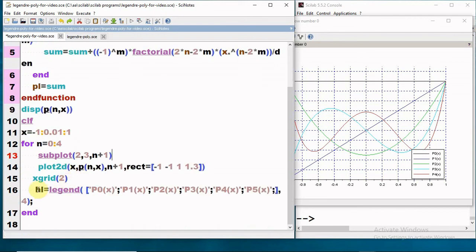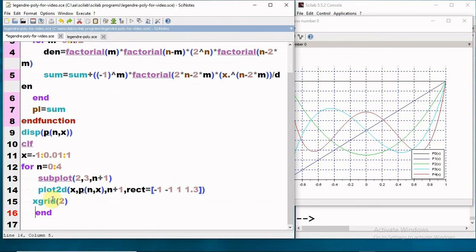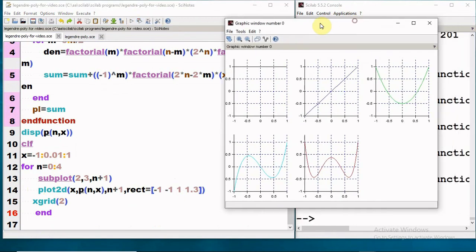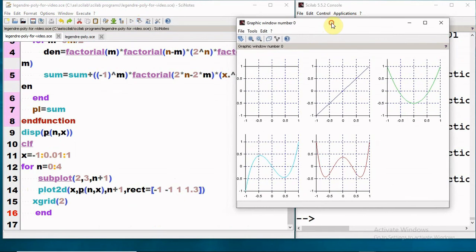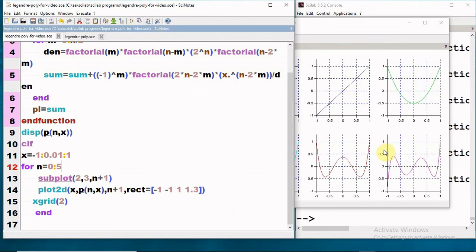If I add this command and remove this, on execution we see that we get the subplots. Here we can see only 5 subplots. Why 5 subplots? Because I gave the value of n running from 0 to 4. If I change it to 5, then we'll get 6 subplots.